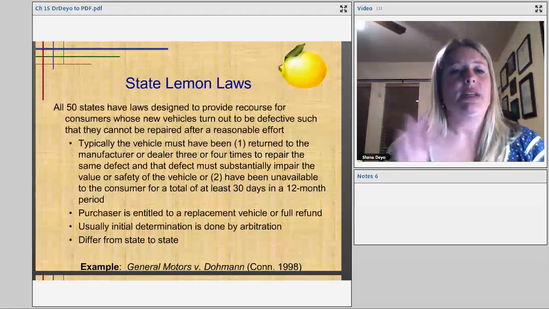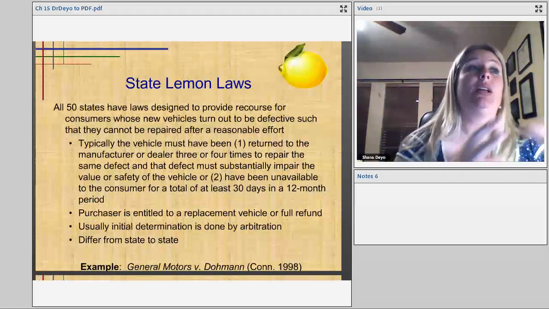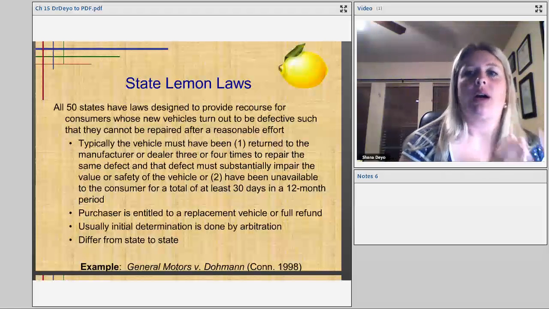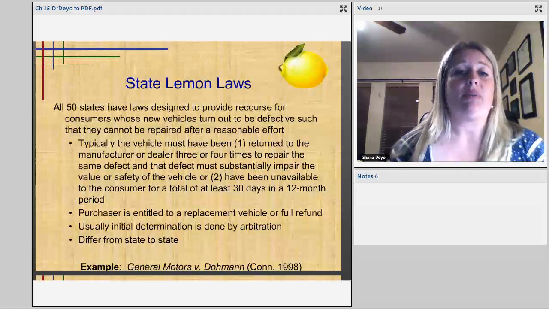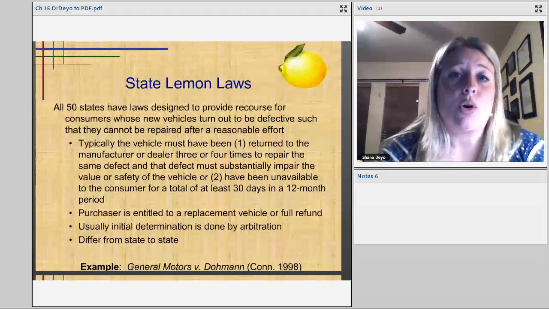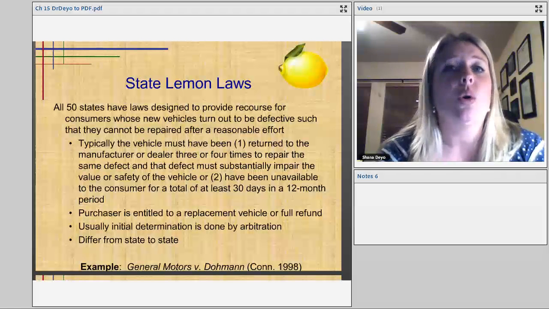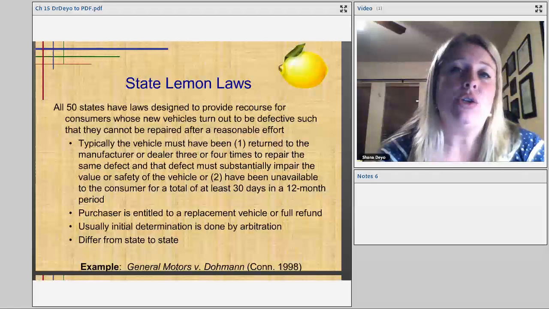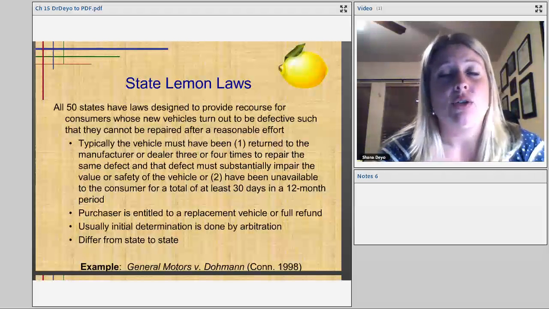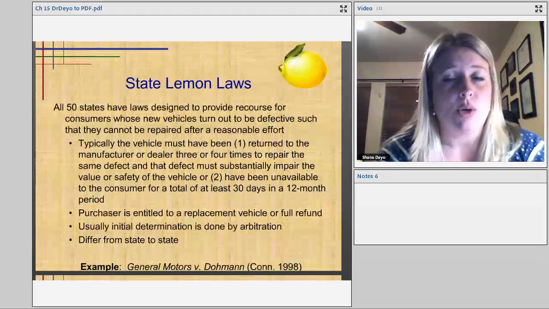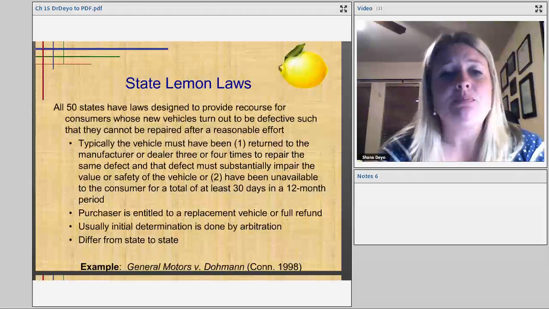in the car. But they differ from state to state, and states change these quite often because they see too many lemons coming in at one time, and so they rewrite this a little bit so that not so many lemons would be coming in. But essentially what happens is you've got to have either taken your car to the dealer for the same kind of repair 3 to 4 times, or you have to be out of the ability to use that car for some significant period of time, usually consecutive days in a row. But it could be 14 to 30 days is the average in most of the states.